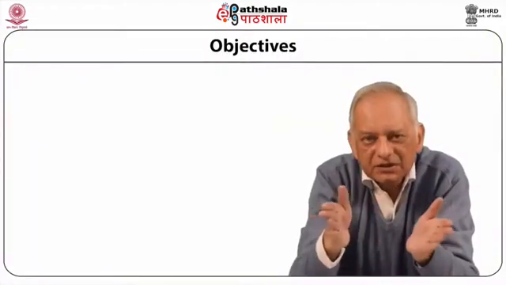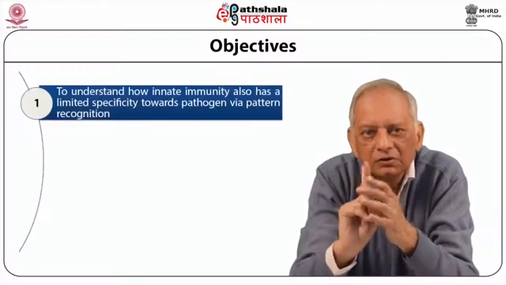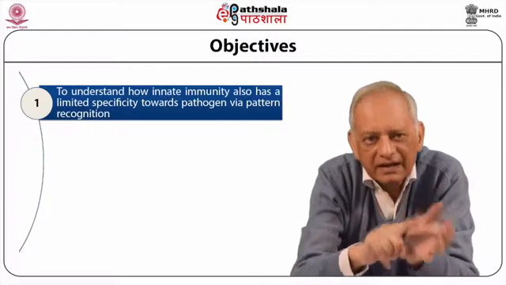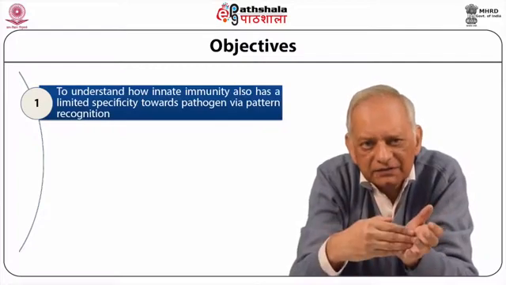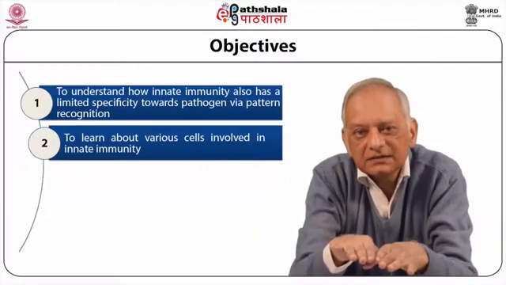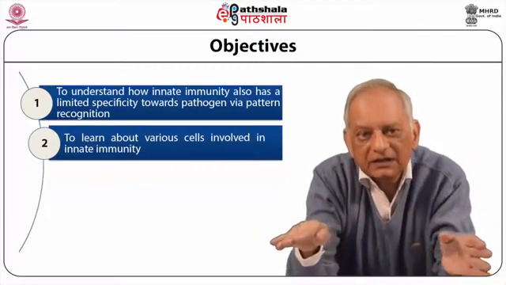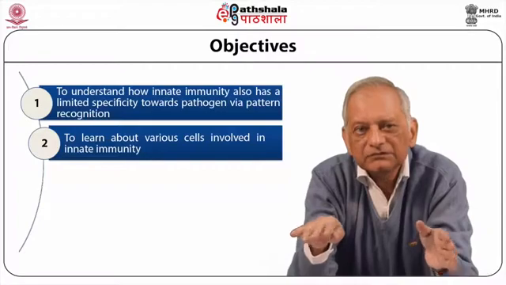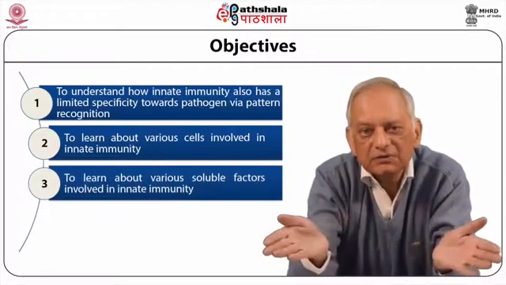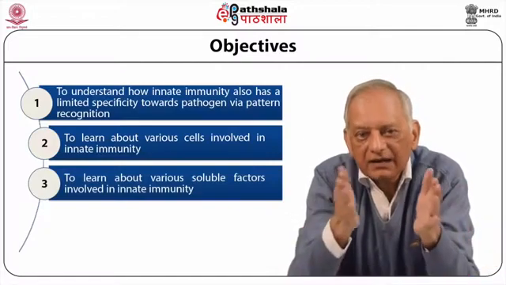The objectives of this module are to understand the basic difference between innate and acquired immunity, to learn about various cells which are involved in innate immunity, thirdly to learn about various soluble factors which again